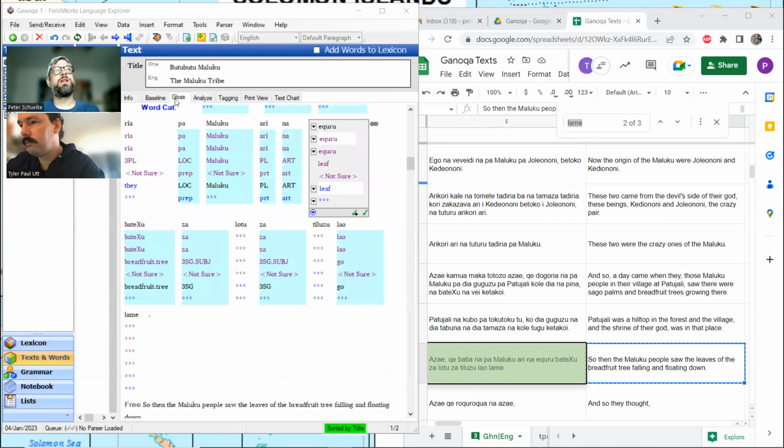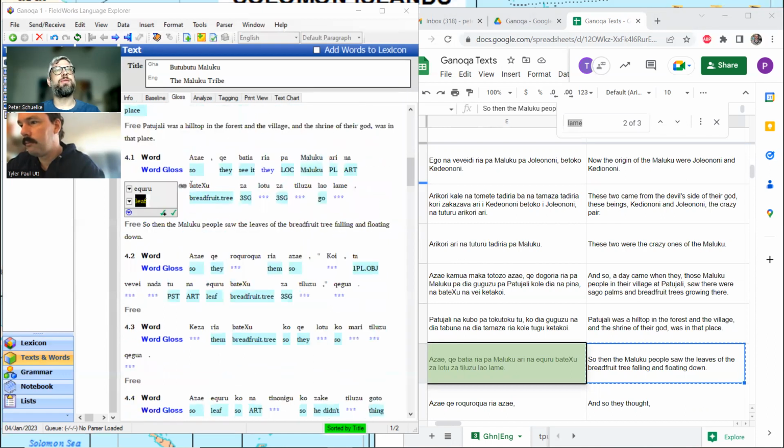So we can feel pretty confident about Nguru. Let's go ahead and update that in our analyze section. And I want to call it leaf. One thing worth noting here is that sometimes plural stuff is... Oh no, there's a plural marker right there. Adi. Adi na Nguru. It's like I felt like the leaf.